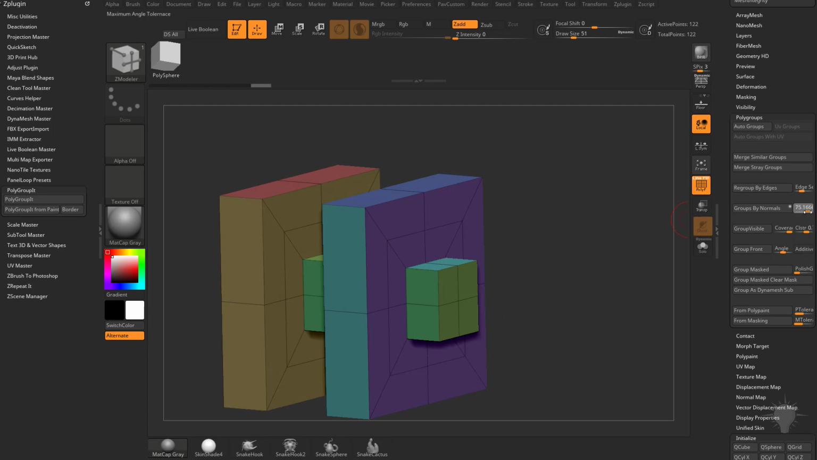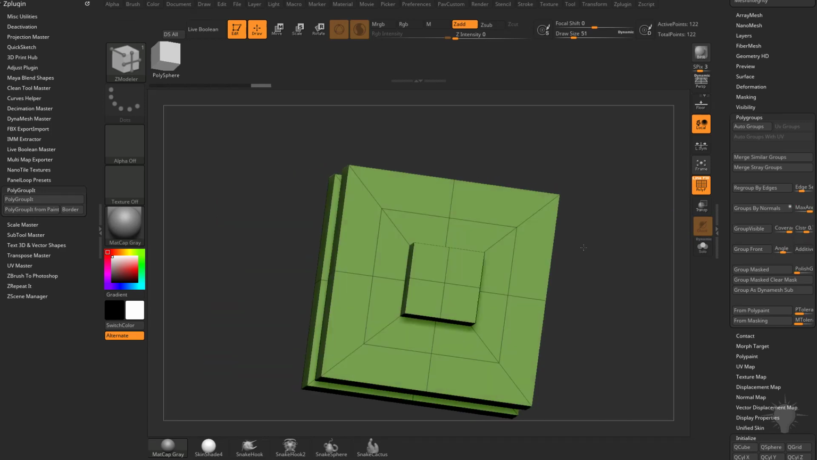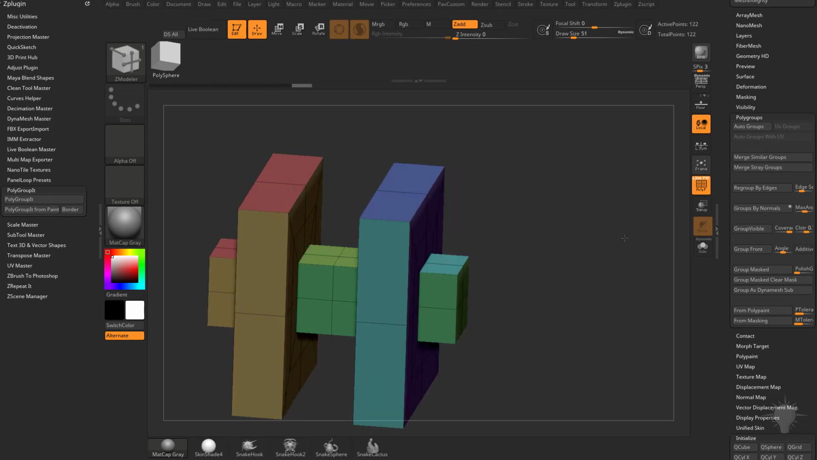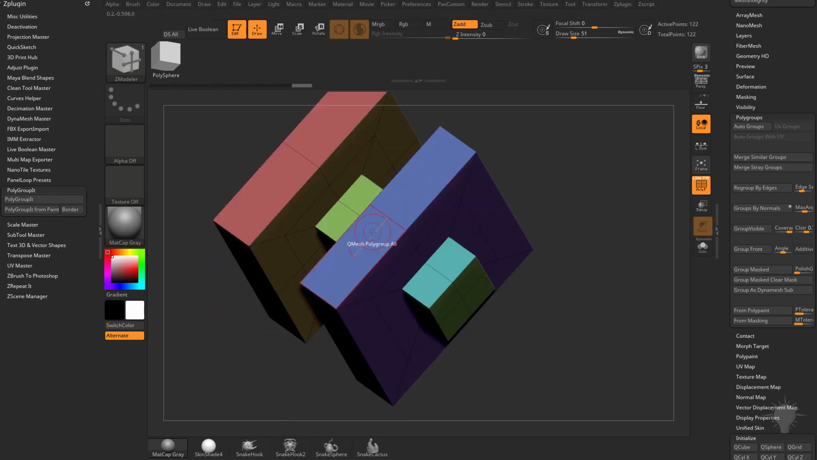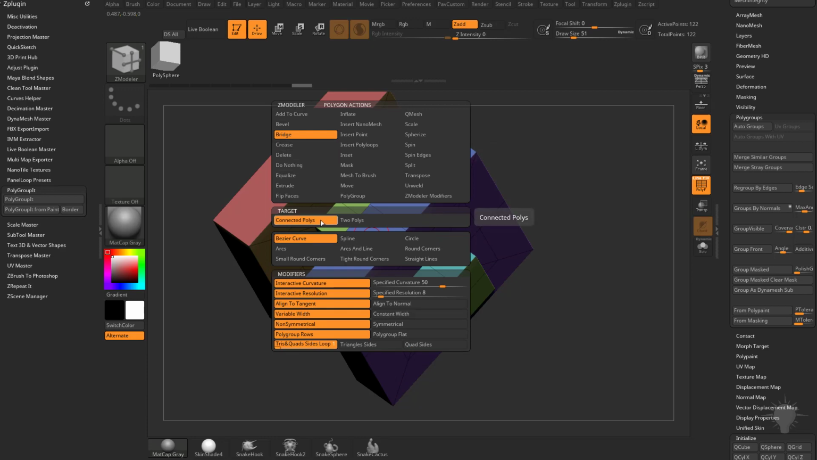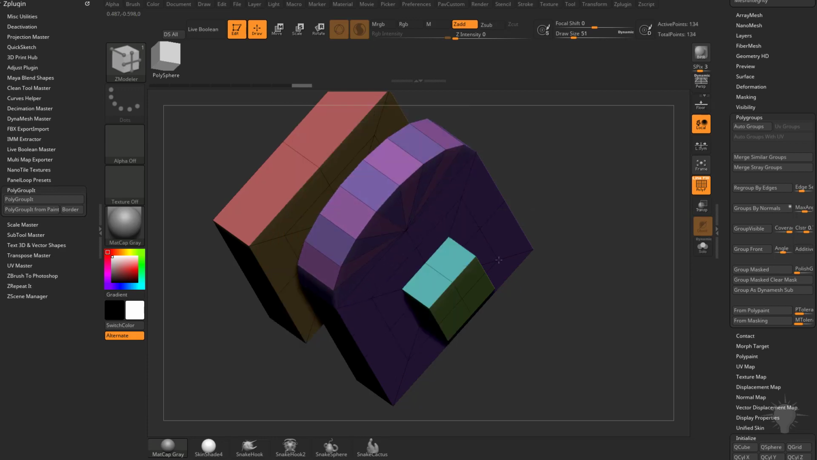If we crank this max angle to 90, you're going to see it's going to group everything because no angle in here is greater than 90. So as we drop this lower, you'll get more and more resolution. If we hover over this face where the orange line is pointing this way, hold down the space bar, let's go ahead and do a bridge connected polys, and then just tap here and drag,